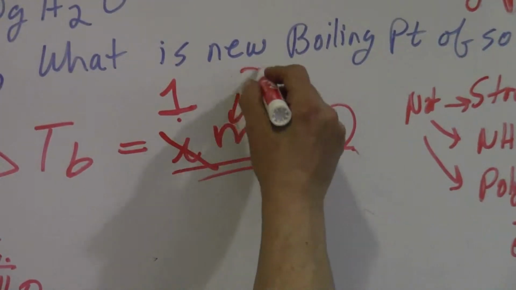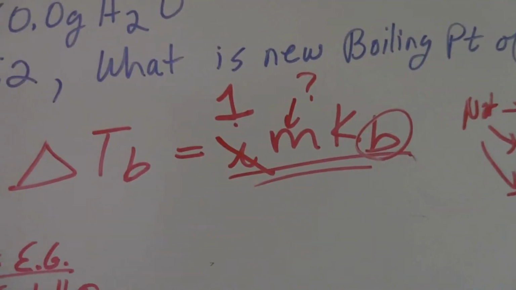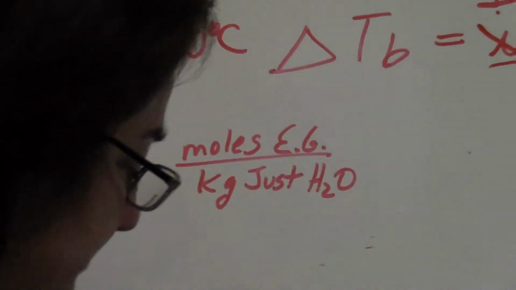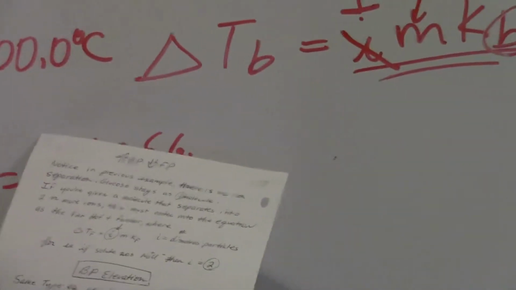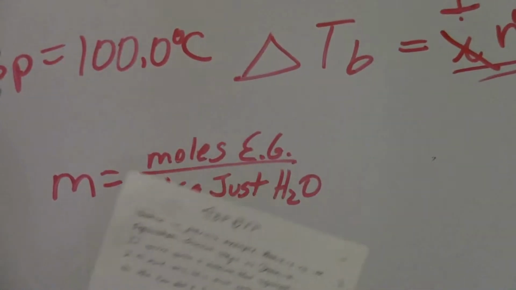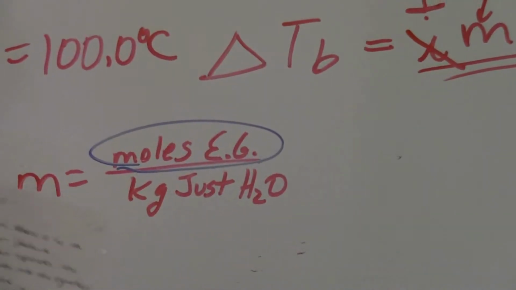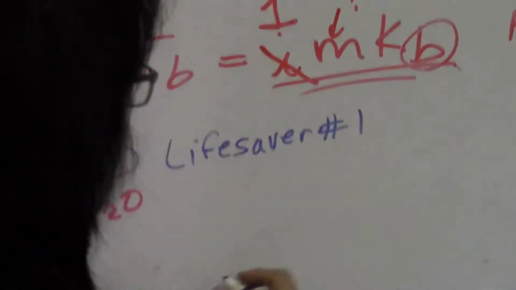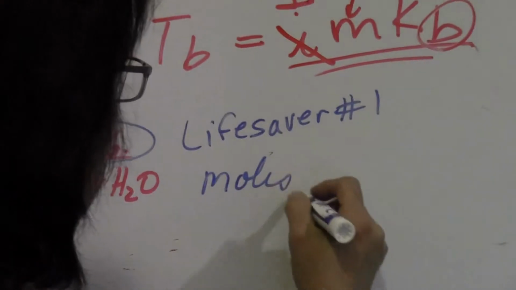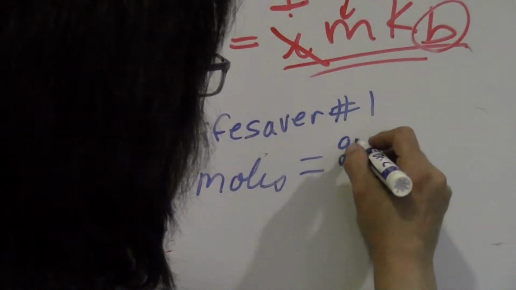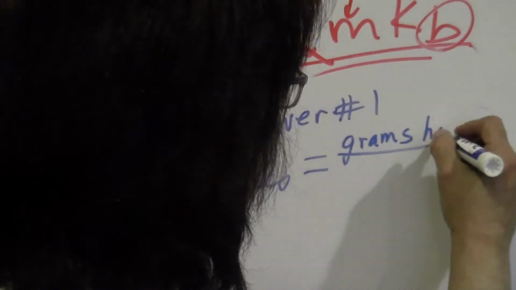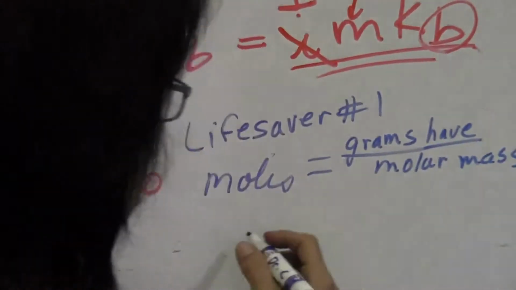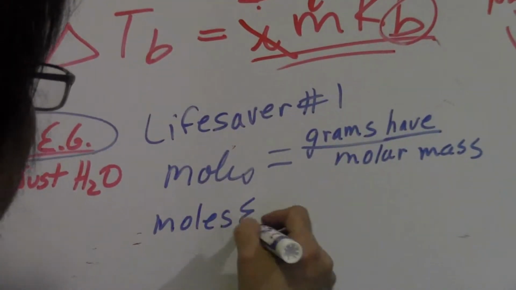So our next thing we're going to check out is molality. And remember, molality is moles of solute per kilograms of just water. So how do we find moles of ethylene glycol? Remember lifesaver number 1. We have 2 lifesaver equations. The first one is that moles of a compound is equal to the number of grams or mass that you have divided by the molar mass, which they gave us. So our moles of ethylene glycol is simply